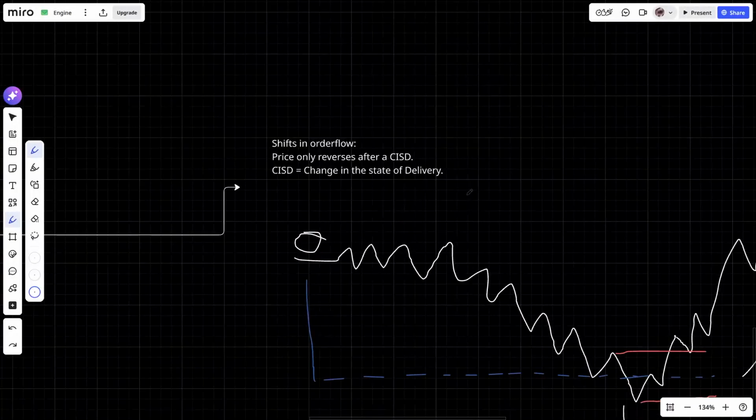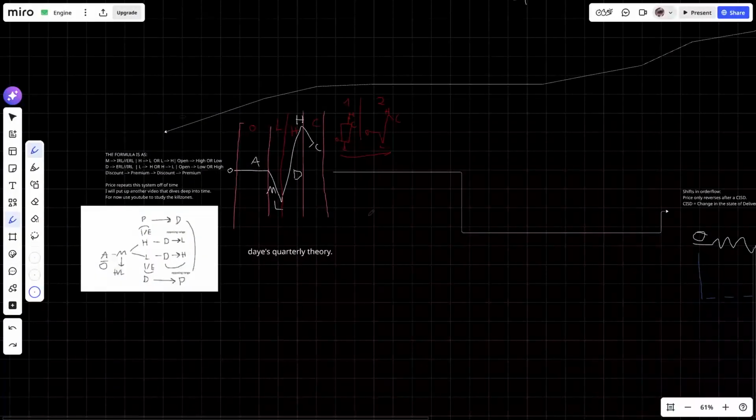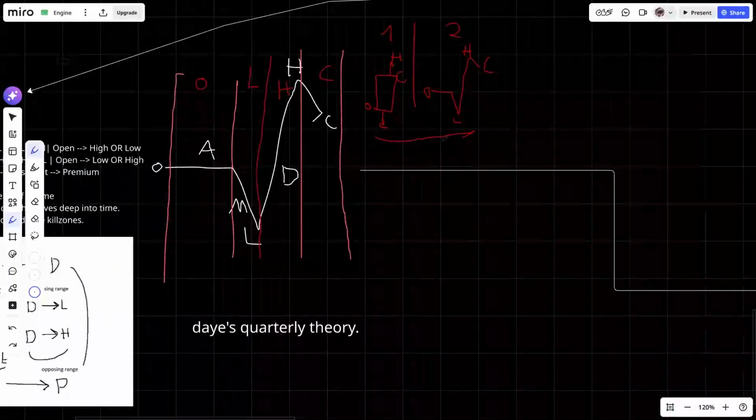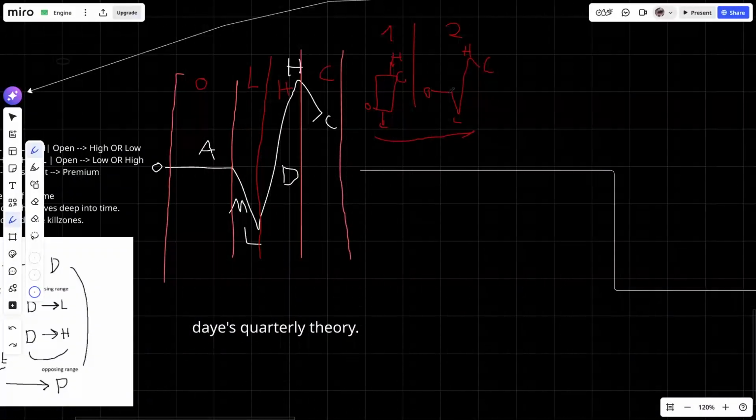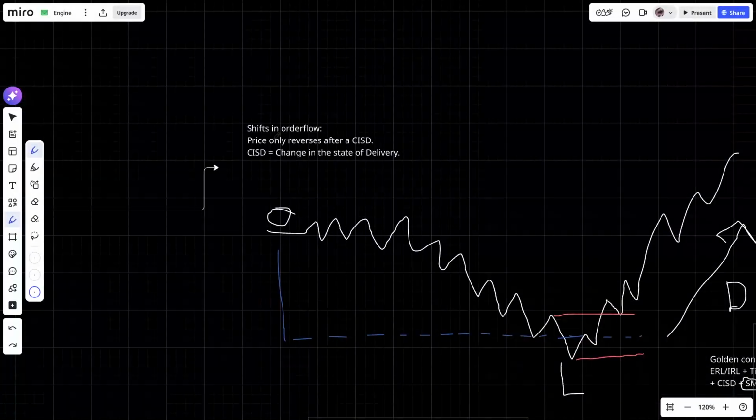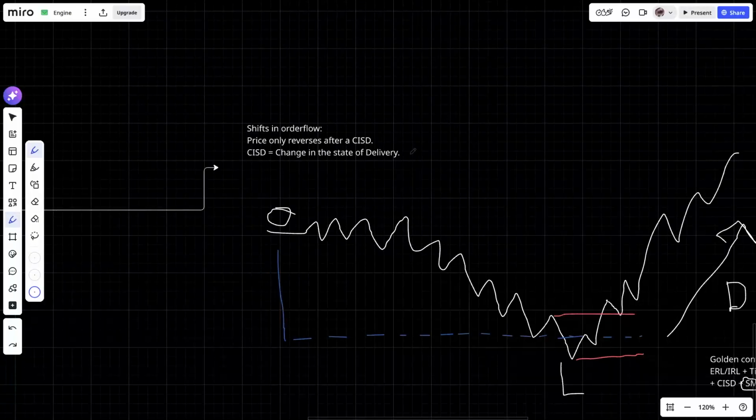Shifts in order flow. Now, how do we use this knowledge to our understanding to look for a trade? As I've mentioned here, the best time to trade is literally down here. It's the manipulation change to distribution phase. And we want to look for that using a concept named the CISD. CISD is a change in the state of delivery. So